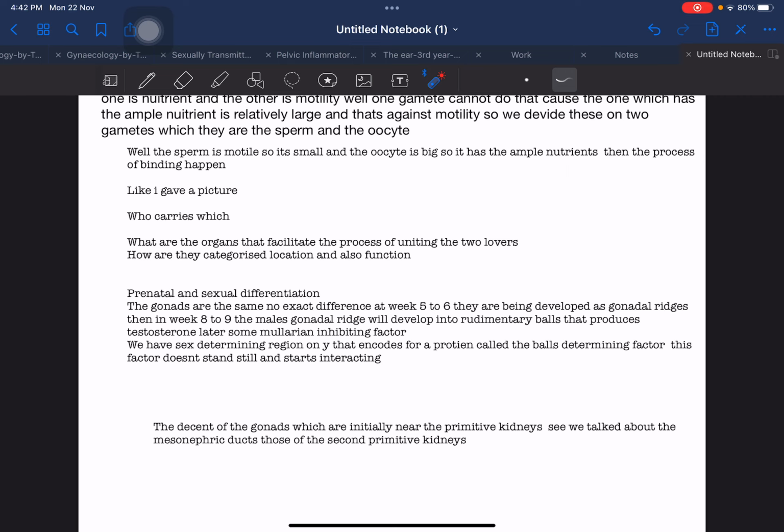So, for the male, it's from the genitalia, the testes, the epididymis, the ductal system, and his